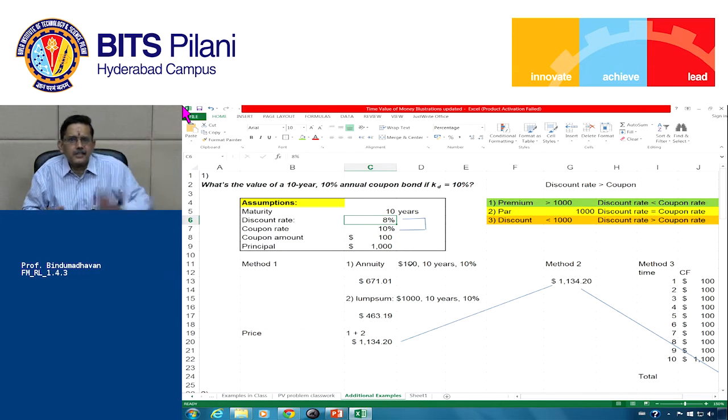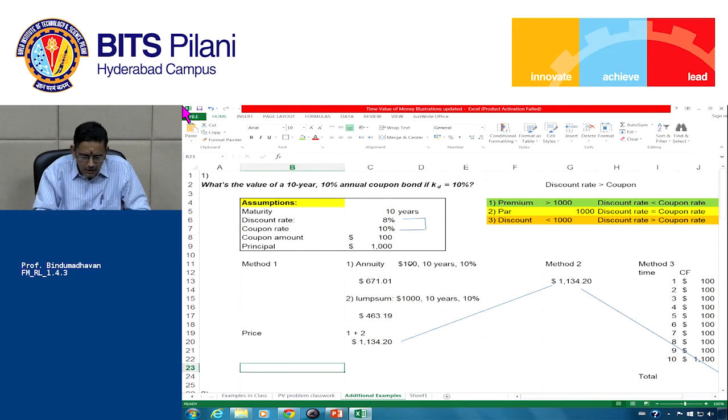And at that time, the interest rates prevailing in the market might have been 10%. So we issued a 10% bond. Remember, interest rates are constantly fluctuating. And so today the interest rate is 8%, which means other bonds that are being issued today are only going to pay 8% interest. But our bond is paying 10% interest. That means our bond is paying $100, and other comparable bonds in the market, comparable means comparable risk, are only paying